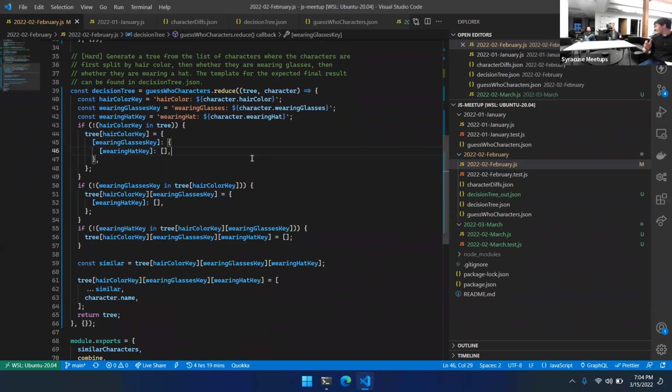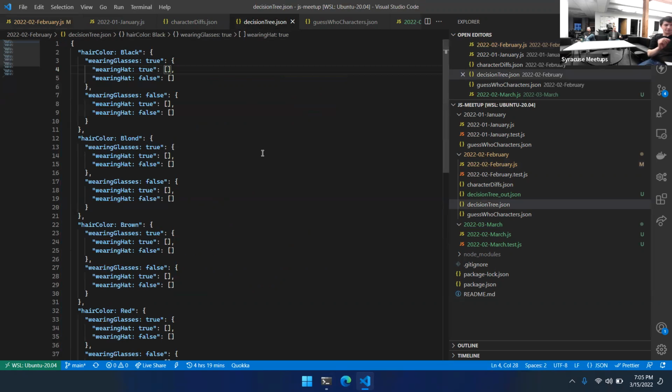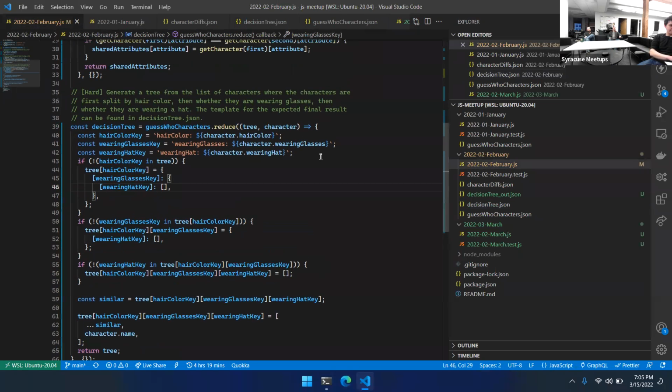I used a reduce, a big massive reduce. The way I thought of this is essentially what I want to do is look at every single character and then place it where it's supposed to be in this tree. So you can imagine that if I already had this tree set up, I could just ask, okay, where is it supposed to go in this tree, and then just stick it in there. If that makes sense. Okay. So that's what the reduce is doing. It's saying, start with this empty tree and create it as I go and stick them in where they're supposed to go. So the first thing I do is I have these little helper parameters of the